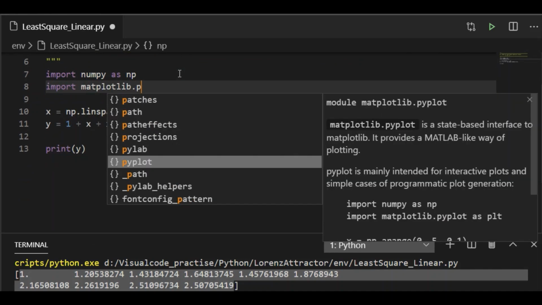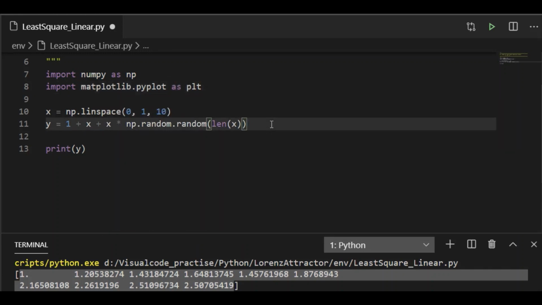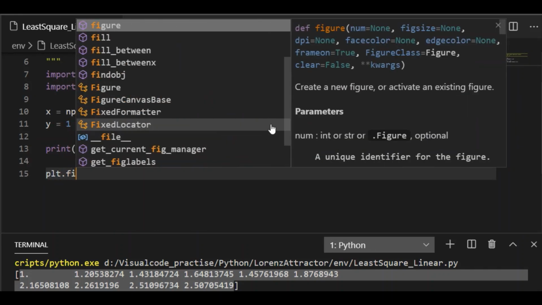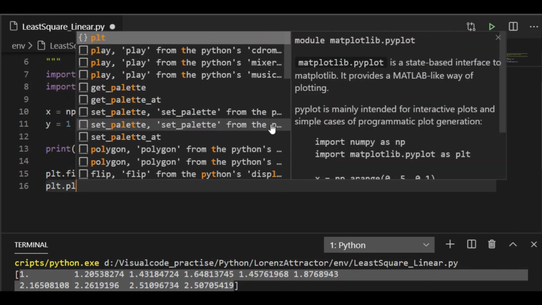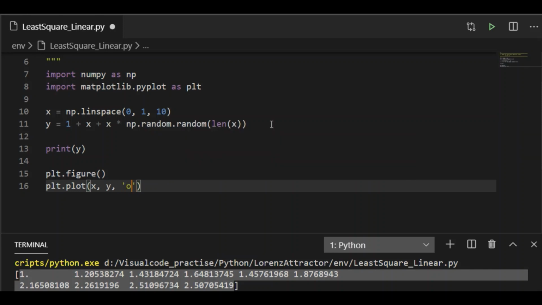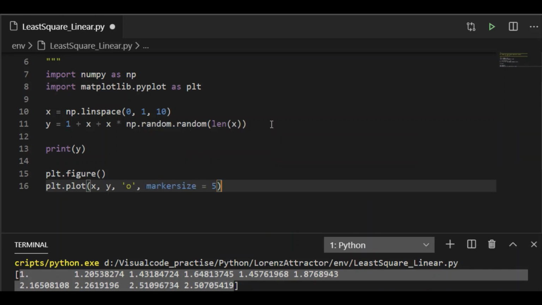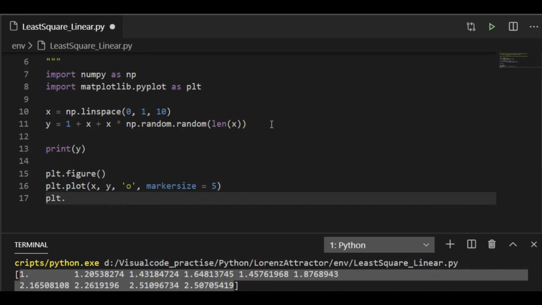We will plot the value of x and y. For that, import matplotlib, x being the independent variable and y the dependent variable which is a function of x, that is ax plus b, here b being 1. And this plot shall be indicated by o whose size will be 5.